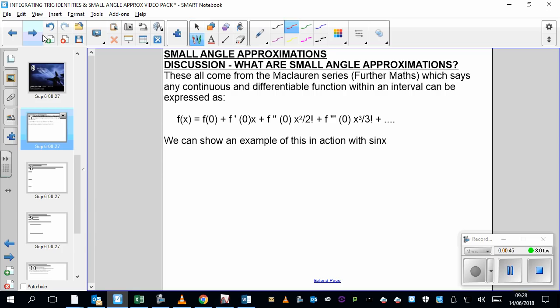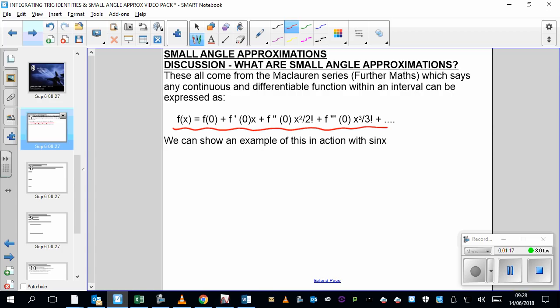So a polynomial means something that goes up in powers of x, which is called a power series also, right? So what I'm saying is, with the Maclaurin series, which you don't need to know what the Maclaurin series is, the next slide is going to be, this is what you need to know. But obviously, I really hate the idea of just saying, here's the thing, have no idea where it's come from, okay? And obviously in this video, we're not going to be able to get into where the Maclaurin series comes